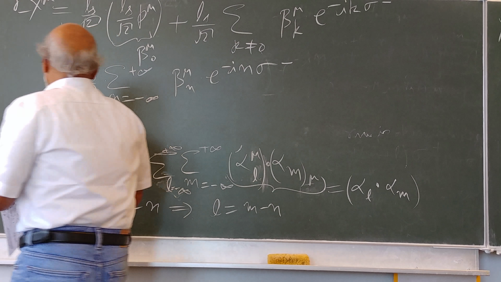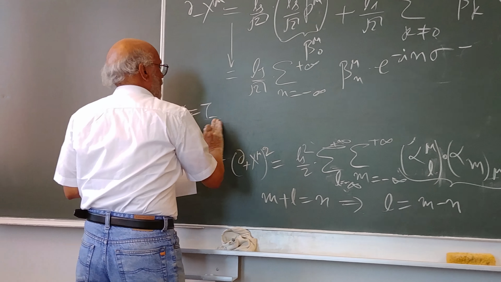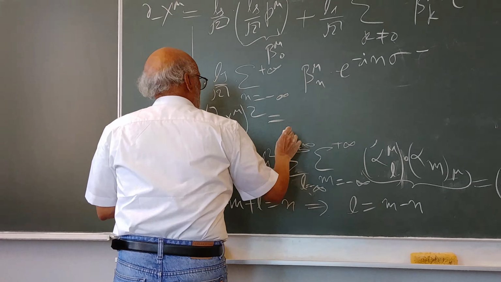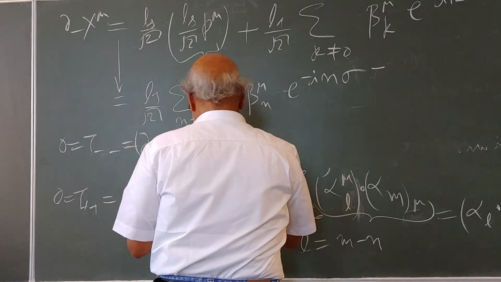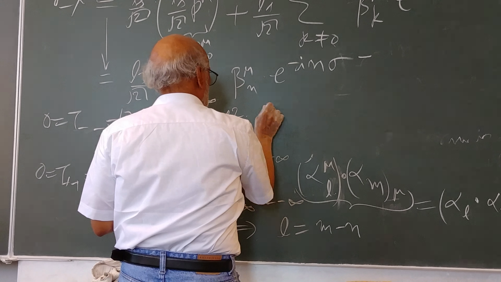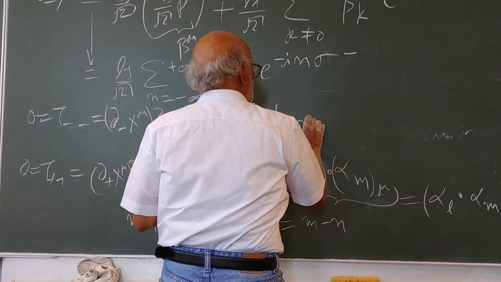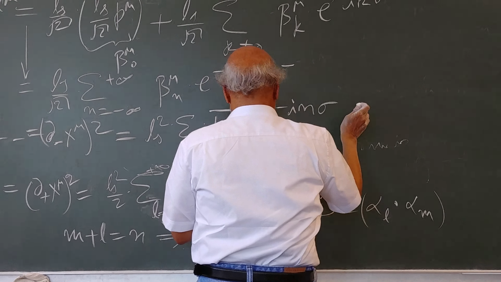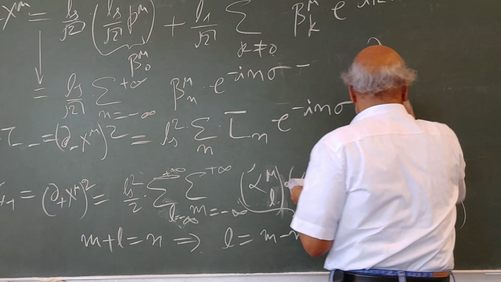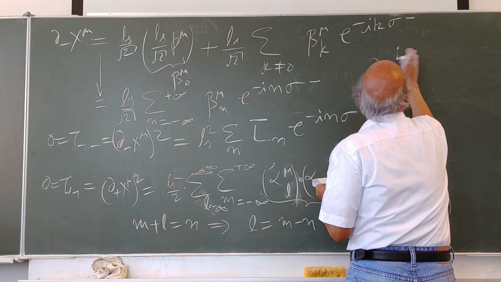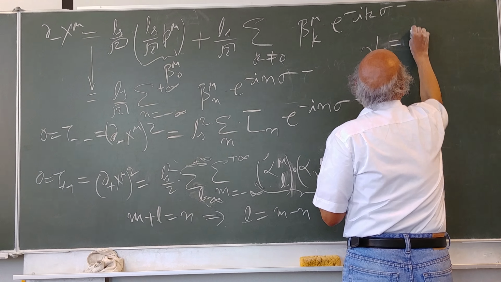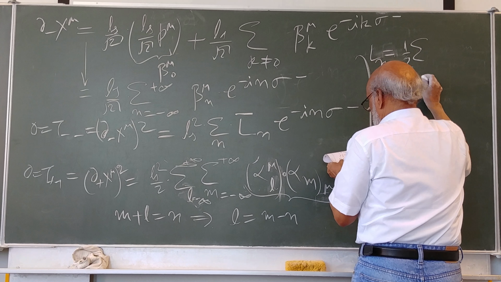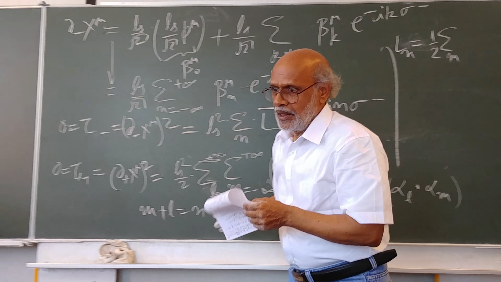Okay, and then we could obtain 0 equal to T minus minus, which would be del minus x mu whole square. Then this becomes much easier. Let me just write down ls square times sigma equal to n. Now I have a different notation, L n bar e to the power minus i n sigma minus. Here my Ln bar equals 1/2 of summation over m, and what was this